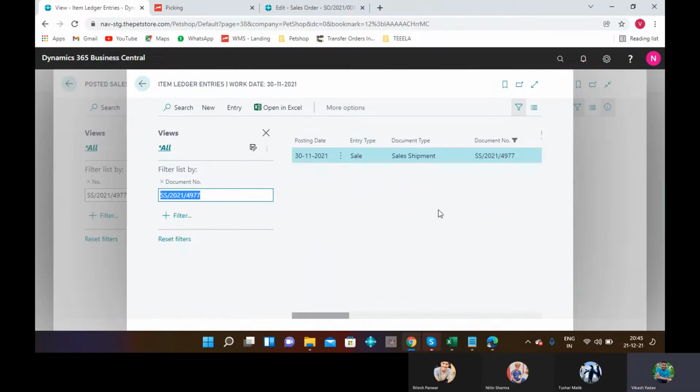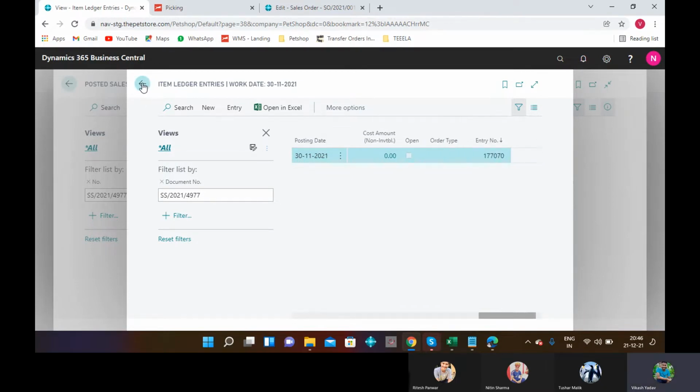As we can see, document type and document number, inventory type, purchase type, location. Here the quantity is minus to actual bin.